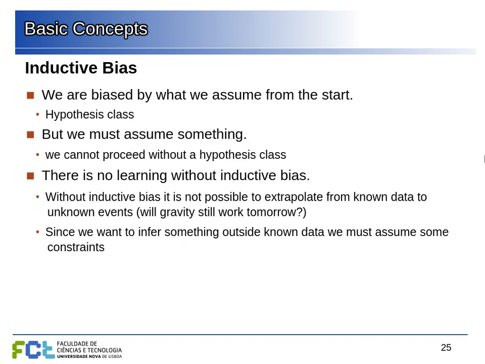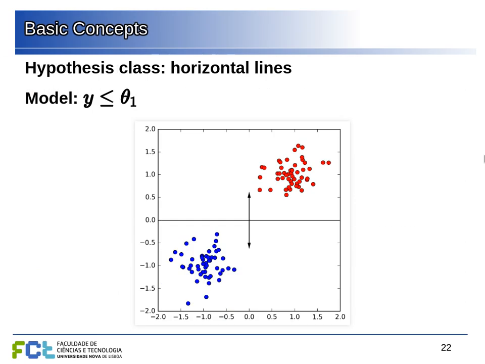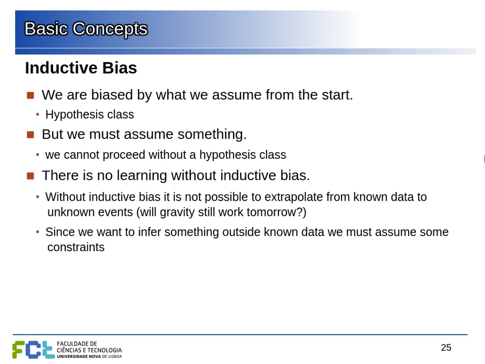There is also another important point here, which is this inductive bias, the bias that we introduce by fixing the hypothesis class. If, for example, we decide that our hypothesis class is the set of horizontal lines, we will never find a diagonal line here to separate the two, because that is not included in our hypothesis class. We're going to see this a bit more formally later on in the second half of this course, but we always need this inductive bias. We need to restrict the set of hypotheses, because if we allow any hypothesis, we lose